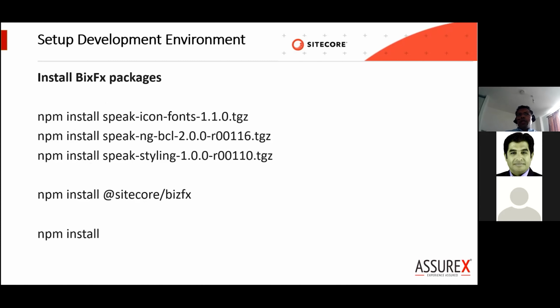Basically, go through the PowerShell command, navigate to the development folder, and install the tar files and the BizFX. The supporting files will be downloaded to your development folder. Once we have all this correctly installed, now is the time when we want to build and run the business tool from your development folder.